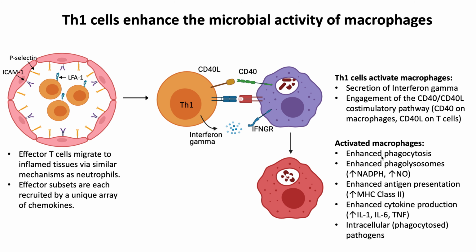So what is different about these activated macrophages? Well, they have enhanced phagocytic activity. They increase the expression of NADPH oxidase and the production of nitric oxide within the phagolysosome, and so they have enhanced phagolysosome activity. They increase MHC class II expression, so they have enhanced antigen presentation. They increase their production of inflammatory cytokines like interleukin-1, interleukin-6, and tumor necrosis factor, and really become effective at eliminating